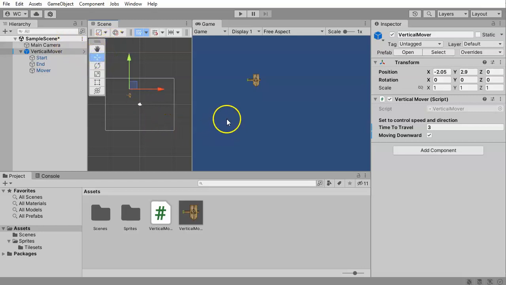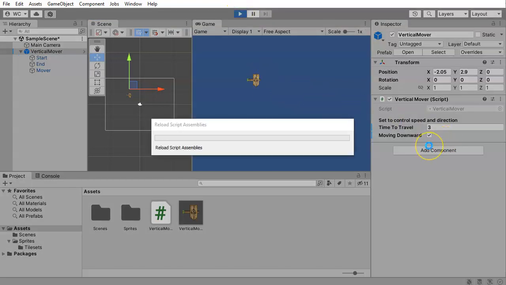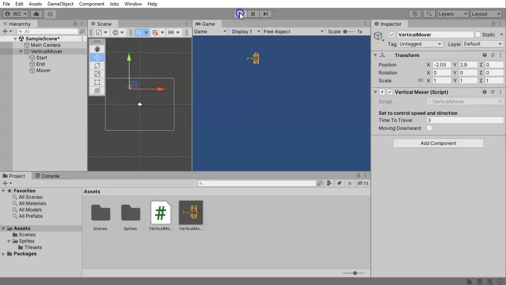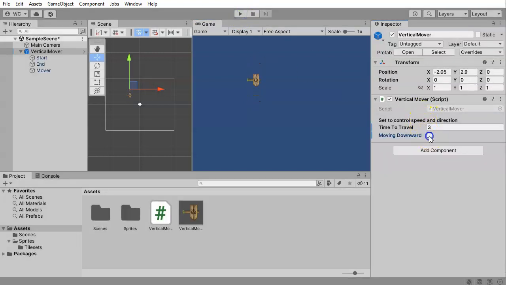Okay, so we have this vertical mover, and what it's doing right now is it jumps to the green position and then moves across space in time to travel. So that'll be 3 seconds to go from that position to the other position, and it starts moving downward. The script also allows you to say, well, it should start moving upward instead, and it will start at the